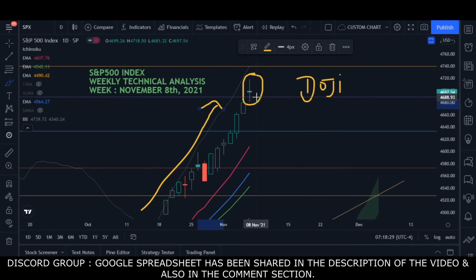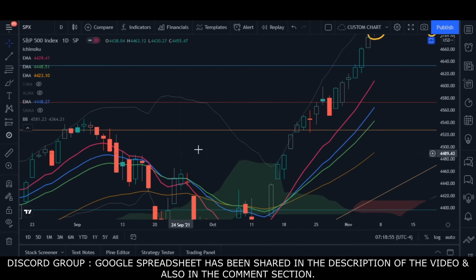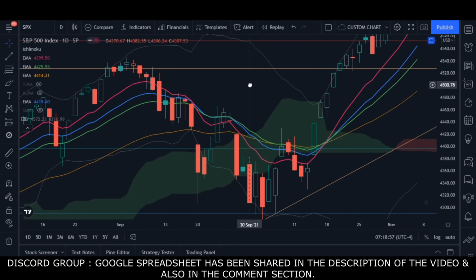Now in case of bulls, the people who still believe the market is going to move up, they want to buy. But the problem is that there are very few sellers. After the formation of this doji candle there are fewer sellers, because nobody wants to take that much risk. Because if the market comes down, let me show you the power of the market. So when this market comes down, what it may do, if you see,